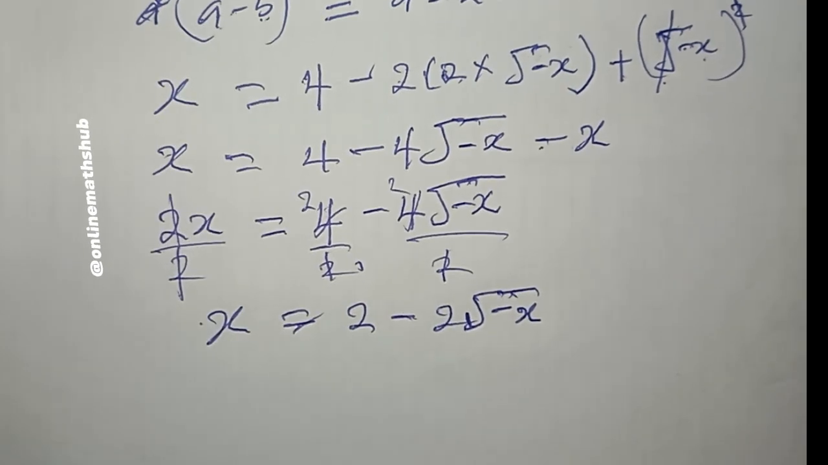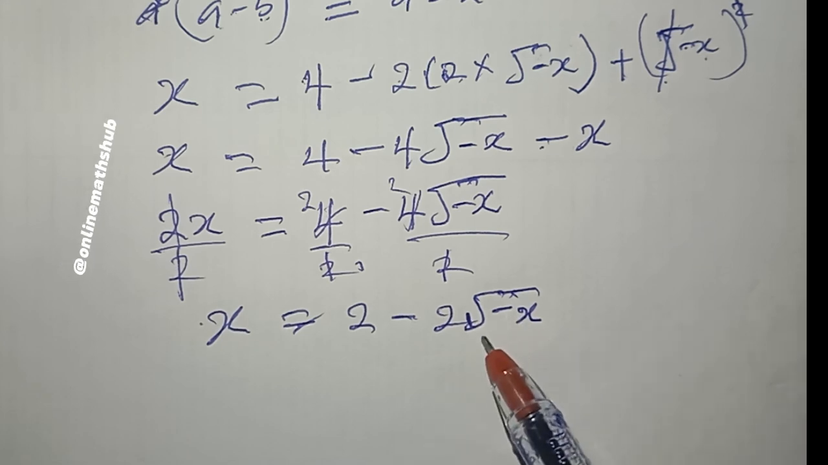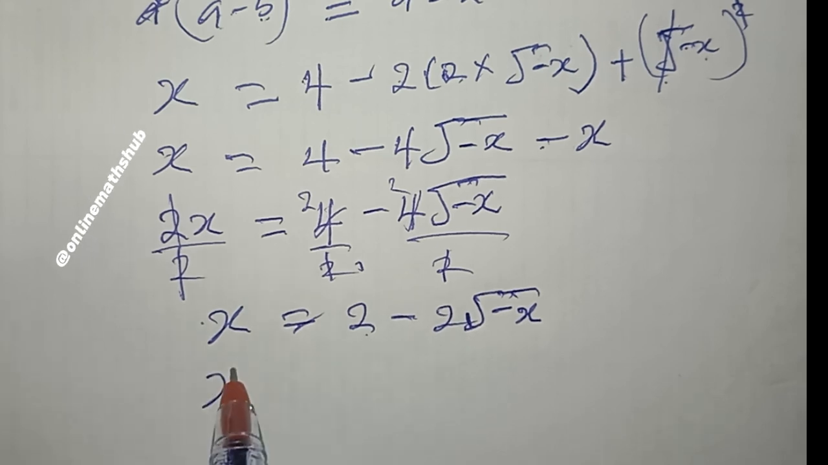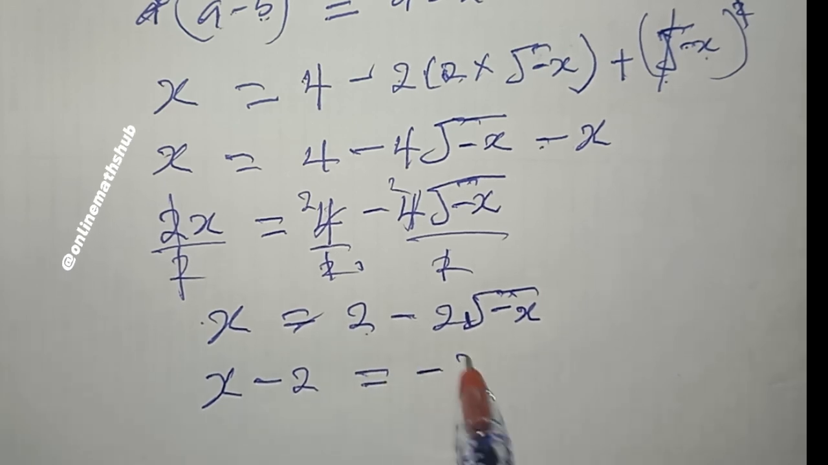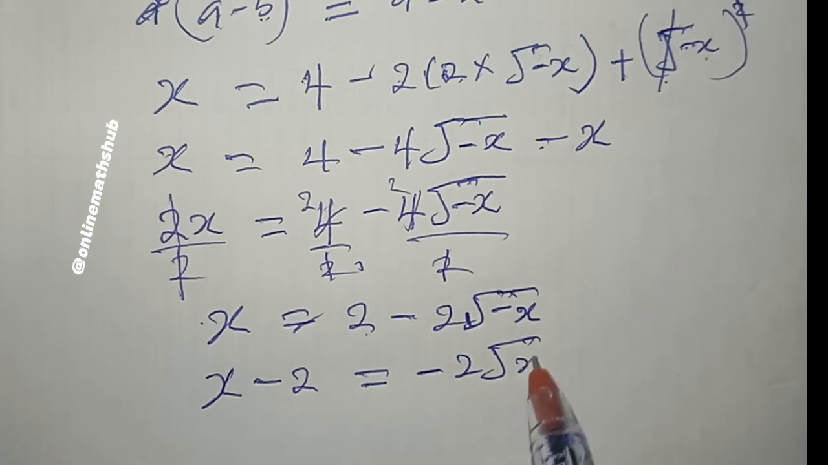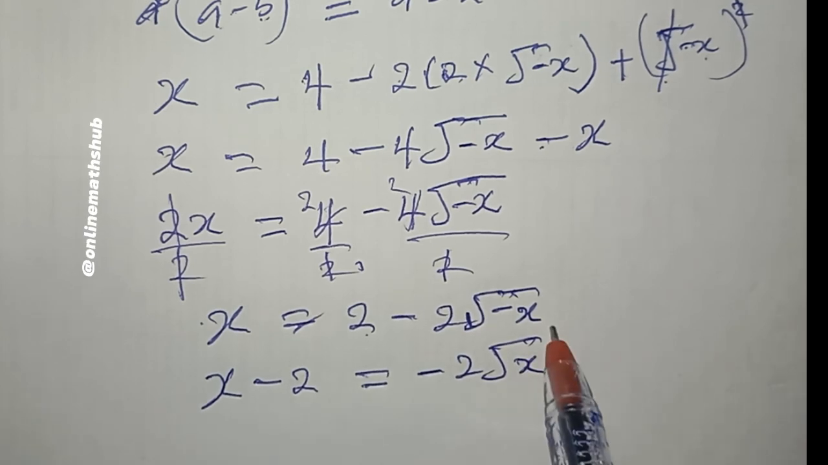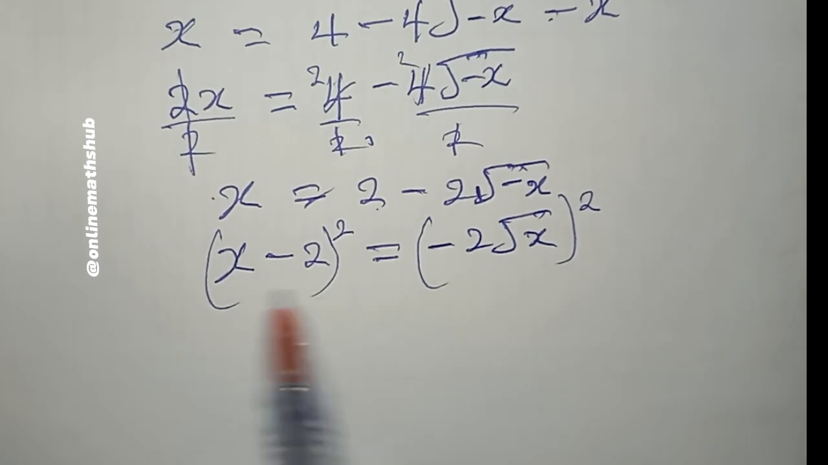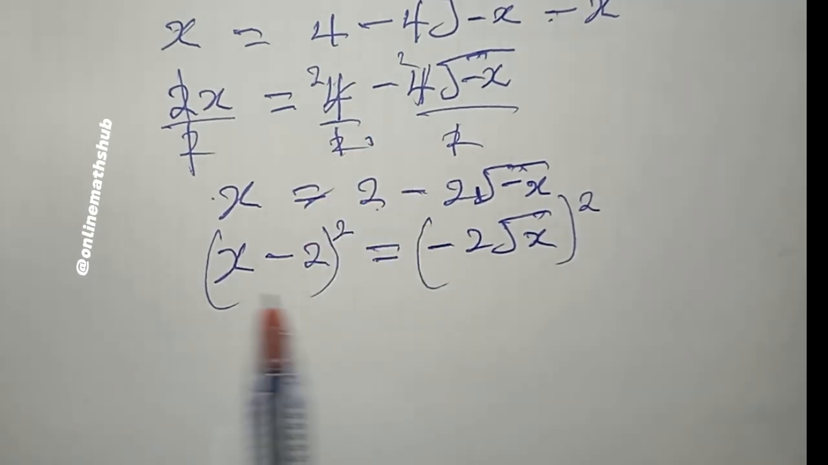Okay, there is still a little bit of an issue because I still have root negative x right here. So what I'm going to do is I'm going to move this 2 to the left hand side, so that I have that this is x minus 2 is now equal to negative 2 root x. So that I can also go ahead to take the square of both sides, so that I can remove this square root right here. And if I expand this using the expansion we used earlier on,